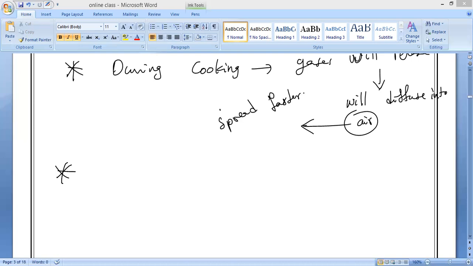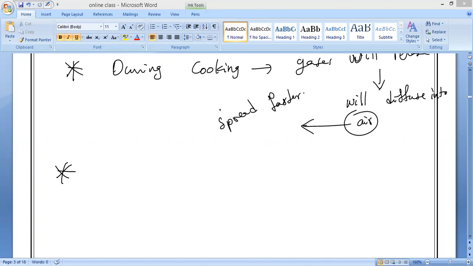By the time it cools, we have to go very close to cold food to get its smell, because the hotness will go. Understand? Hot, sizzling food that is being fried, during that time even from a longer distance the smell will come. But once it is fried and kept in a bowl, the smell won't travel far. If you want to feel the smell, you have to go and open the lid.